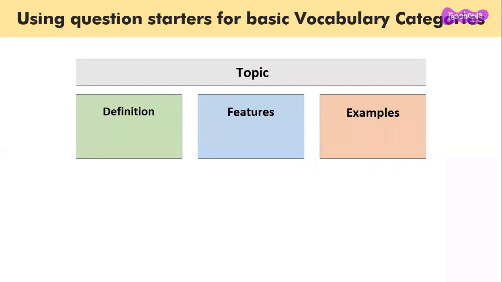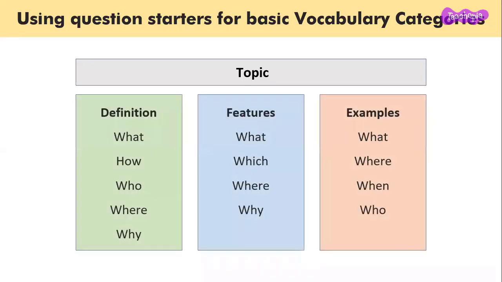As in, a topic has a lot of words that can be used to talk about it, but they can be broadly classified into three categories, which are definition, features, and examples. And how we use question starters for each of these three is something that we need to know,